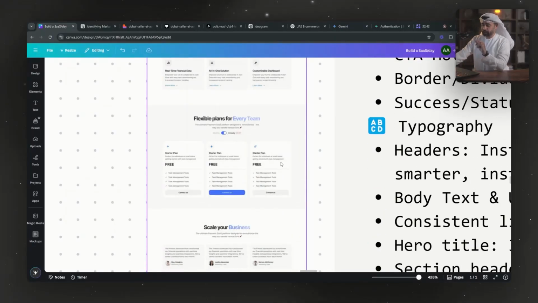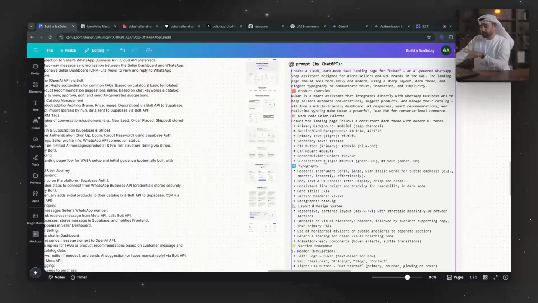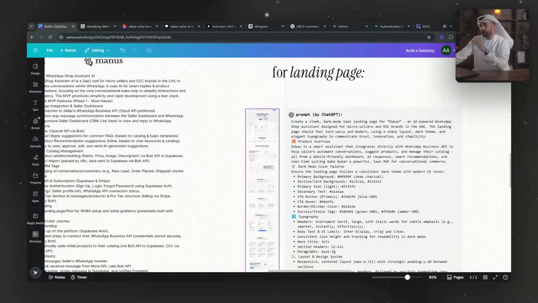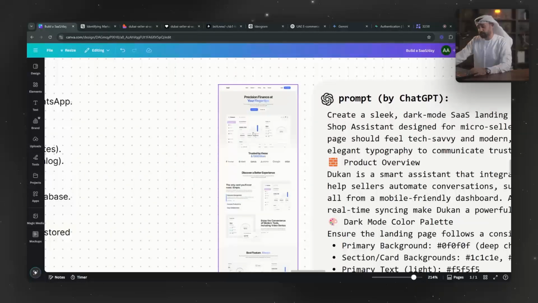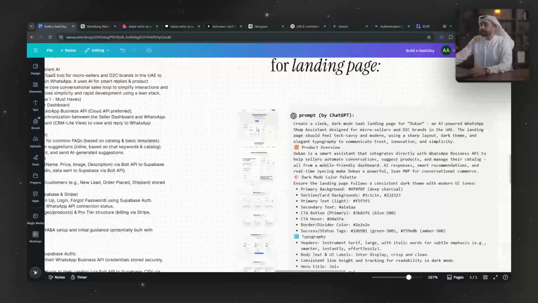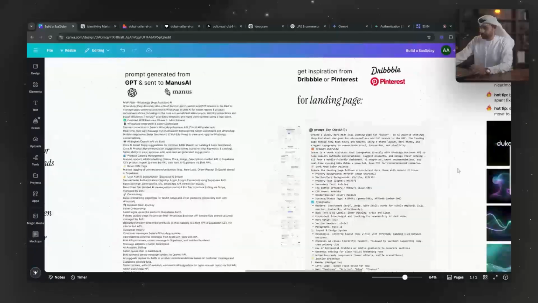Then let me put a recommendation over here of a mistake I made. If you don't like the structure of the landing page that you got, don't ask for a prompt about it, because I did not enjoy that. I want to do it fast. So I did not like the structure over here, and I ended up changing a lot of things, and that took time. But this is an idea. If you like something, drop it in GPT and you can get the prompt.